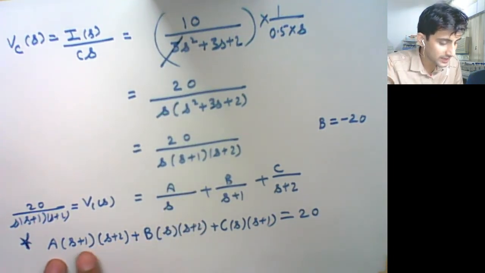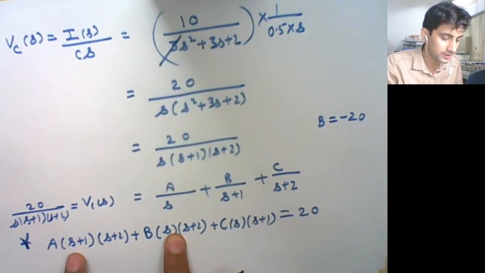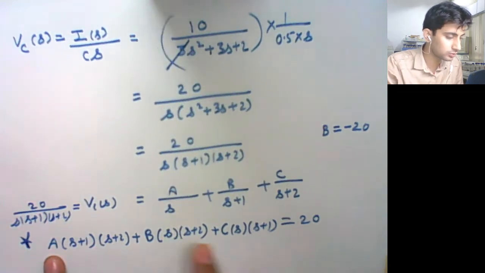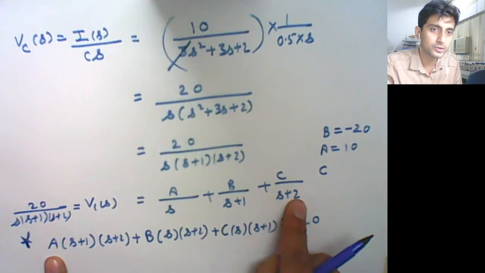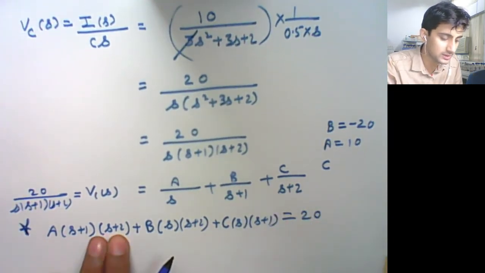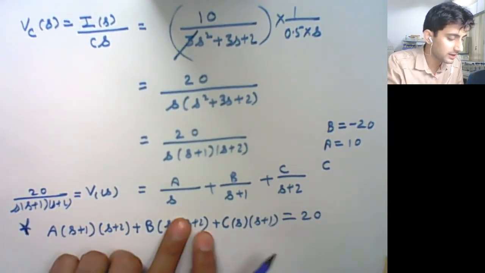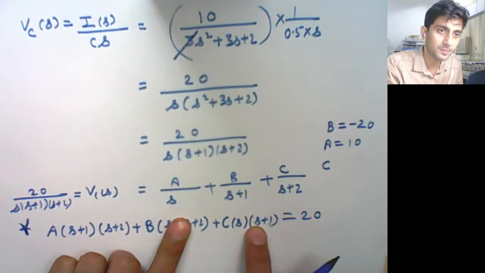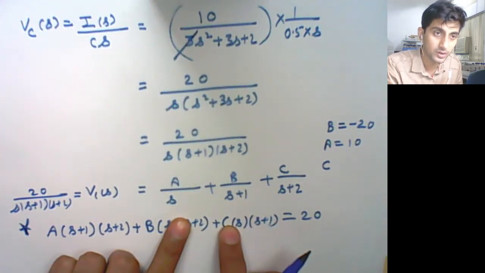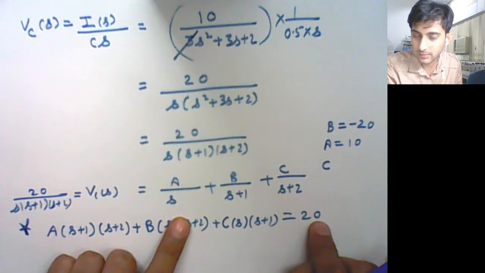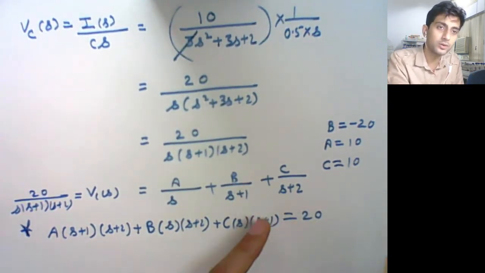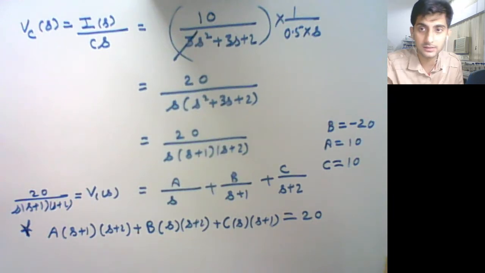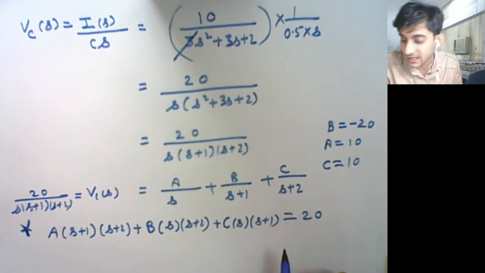Similarly, you can solve for A. A के लिए you put s equals to 0, तो ये दोनों 0 हो गए, ये हुआ 1 into 2 is 2, 2, तो a आ गया हमारे पास 10। सिमिलरली C के लिए s equals to -2 पुट कीजिए, -2 पुट करने से ये गया, ये भी गया, तो -2 + 1 is -1, -1 into -2 is +2, तो +2 डिवाइडेड बाय 20 करेंगे तो C की वैल्यू भी 10 आएगी, तो A की वैल्यू 10, B की वैल्यू -20, C की वैल्यू 10 आ गई। ठीक है, एक बार चेक कर लीजिए आप लोग।